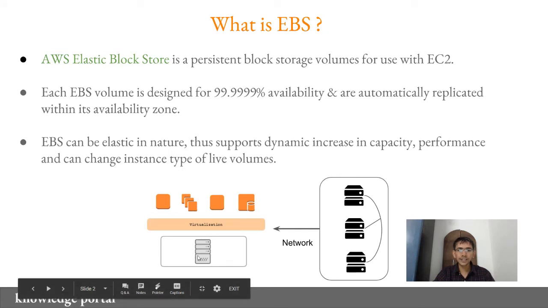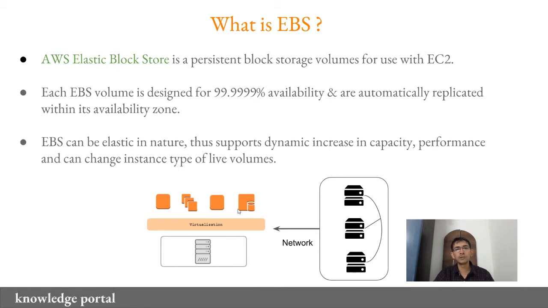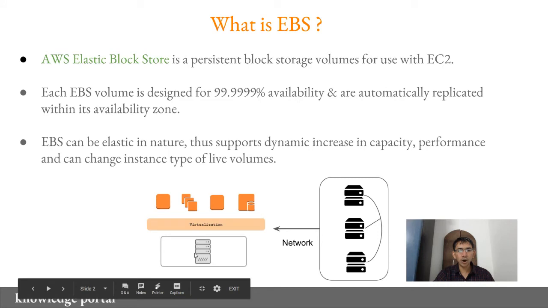If there is an issue with this one server, let's say with the hard disk, then the data of all the 4 EC2 instances would either be corrupted or lost. This is the reason why storing the data on the EC2 instance is never an ideal approach. The second problem is that if the hard disk gets corrupted, it is not replicated.